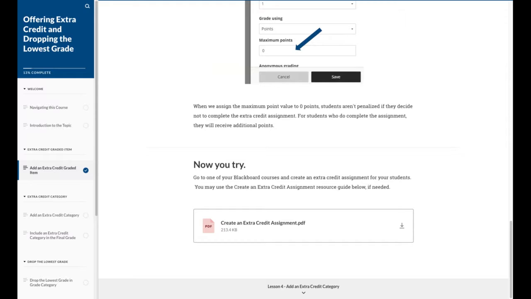And whatever other options you want regarding due date, number of submissions, things like that, that's all up to you. You can personalize all of those other options. The main thing is to make sure that you grade using points, and the maximum points needs to be 0. When you do that and you hit save,